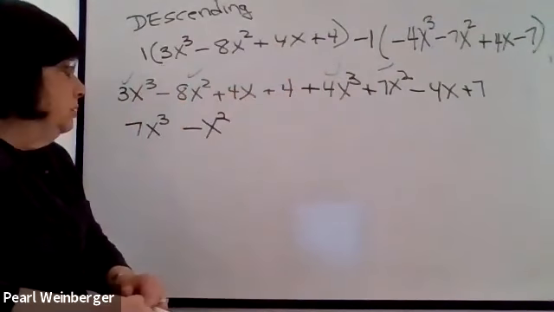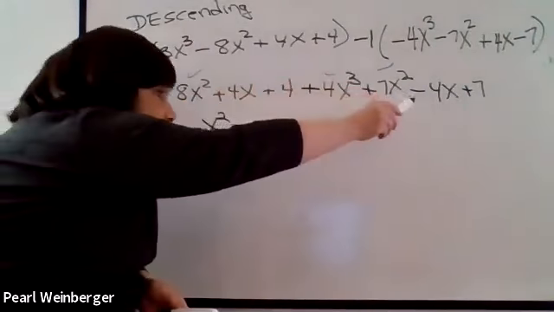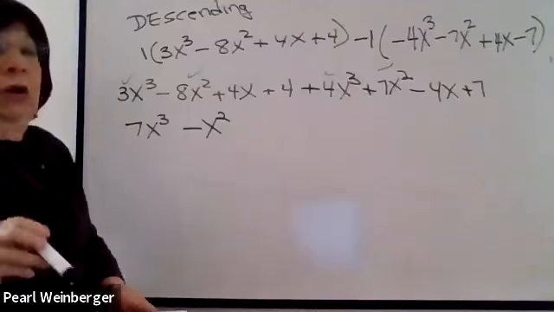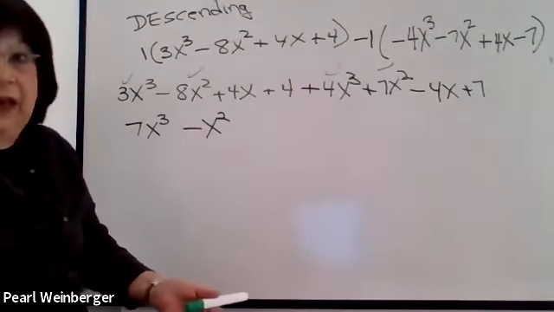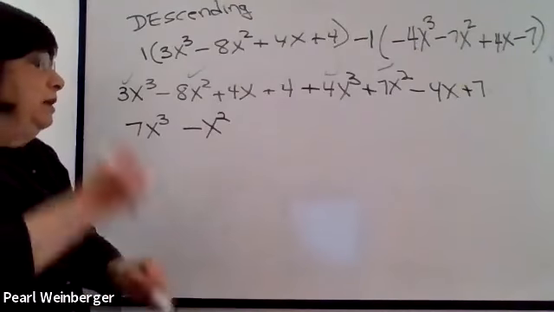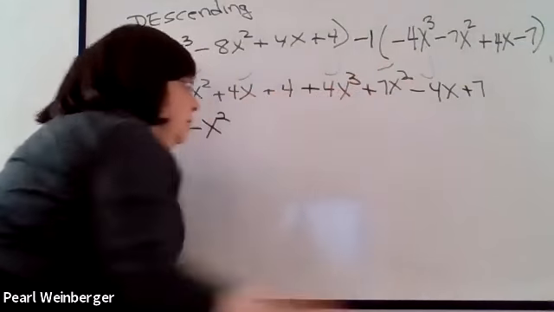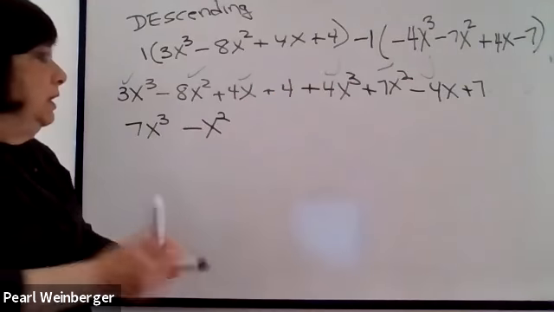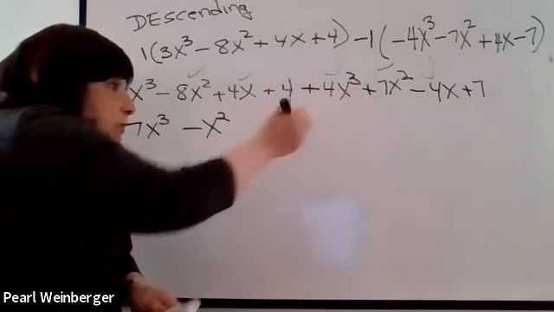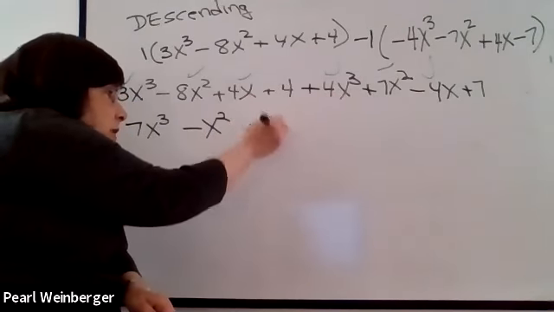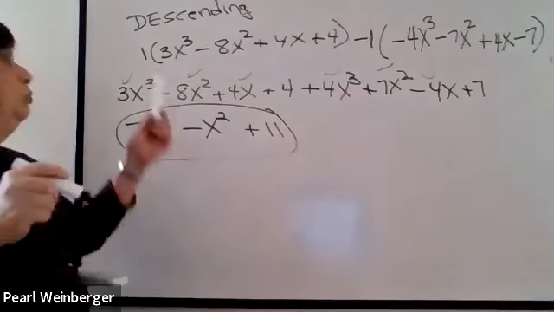So now we go to the x's. Here there's a positive 4x and there's a negative 4x. Now 4 and negative 4, when you combine them, is 0. So I don't have any x's left. I don't even have to put it in. I don't have to write 0 x's. There are no x's left. And finally, I have just my plain number 4 with my plain number 7, which is plus 11. And this would be my answer to this,